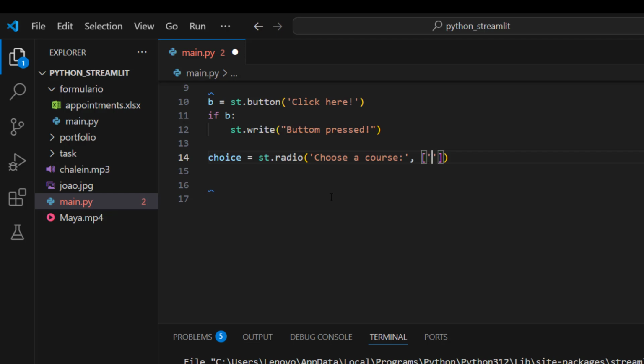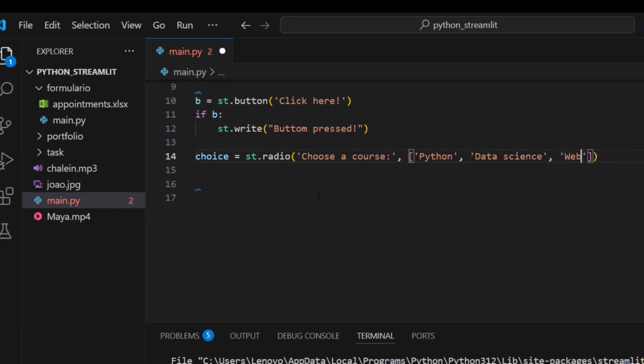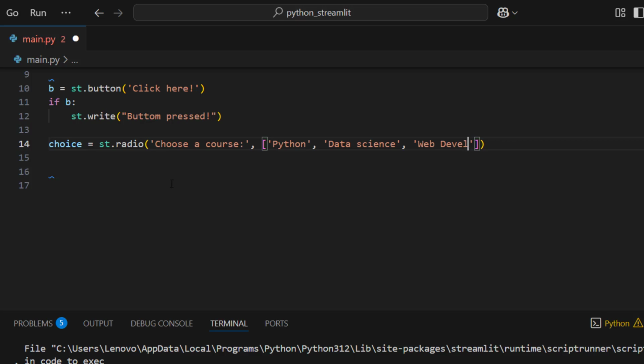For example, Python, comma, then after Python we can say data science, comma, and we can also say web development, and also, for example, C programming. Save.